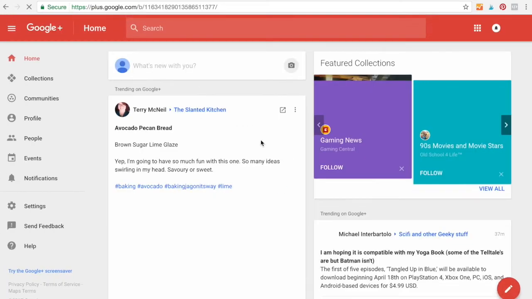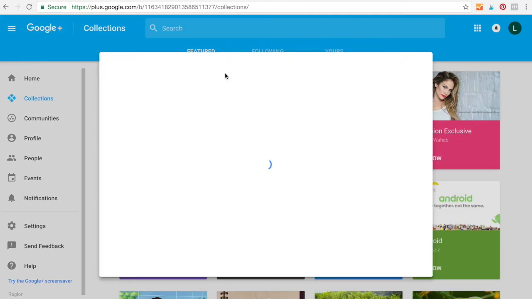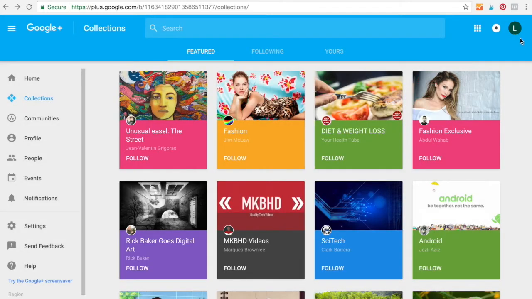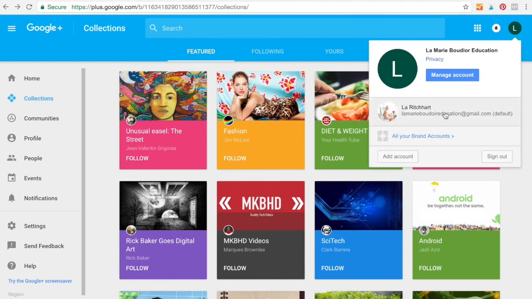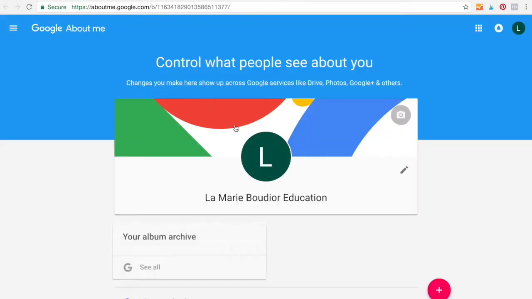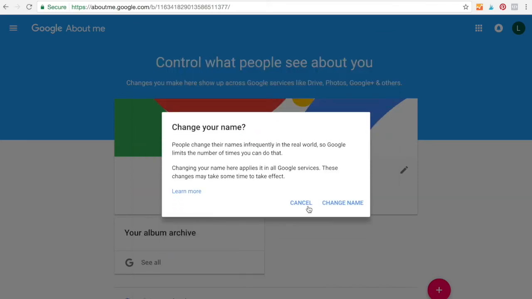And I just realized that I misspelled boudoir. So hopefully it's going to let me go back and change that. Let's see, manage account, edit account info. There we go. And here you can change your